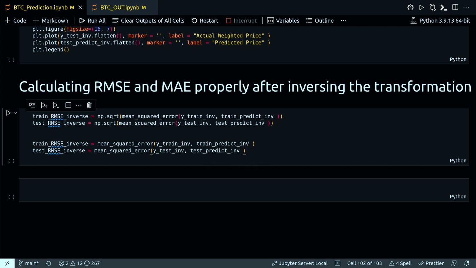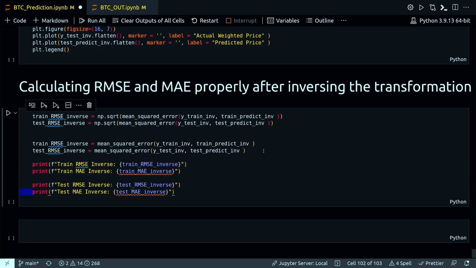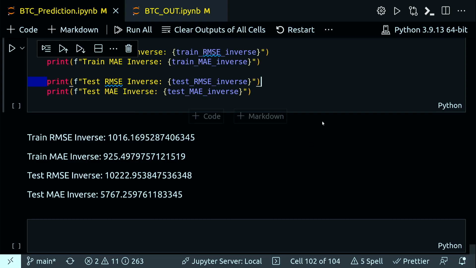So what I do is print the train and test RMSE inverse. And this is the result that I get from my LSTM: RMSE of 1016 for the train, and RMSE for